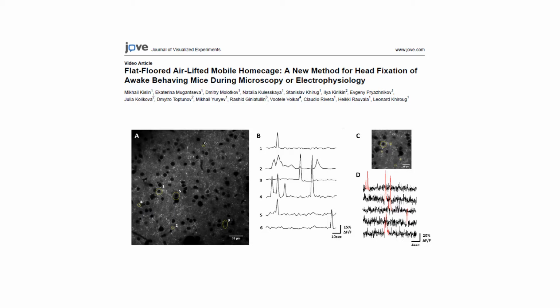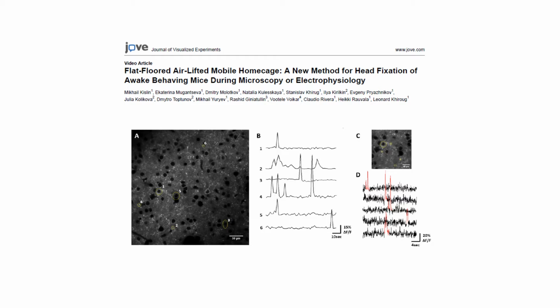Here is an example from our earlier work. 5-6 years ago, we published this paper where we used for the first time the flat-floored airlifted mobile home cage platform that we now use in our facility on a daily basis. And here you can see a cross-section of a fluorescent signal in the cortex of an awake mouse, and the B part shows the transient increases in the intracellular calcium that are associated with individual neurons firing in the brain